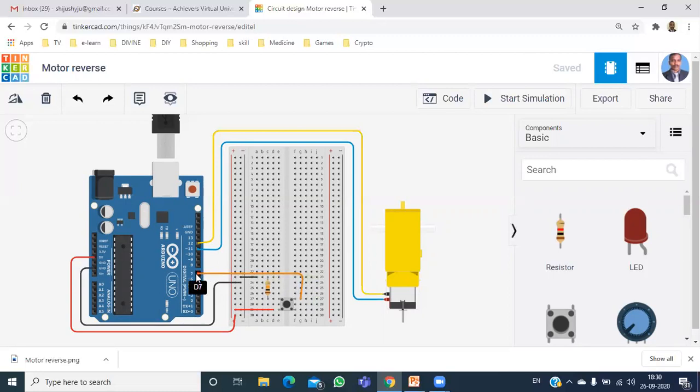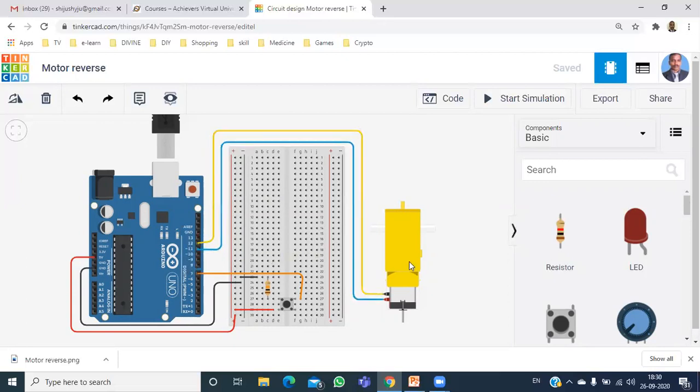Now pin number 7 is the input pin, and previously I connected the negative terminal of the motor to the ground. But what I have done now is, I have connected the negative terminal of the motor to pin number 12, and the positive terminal to pin number 11. So both 0 volt and 5 volt, that is the ground and the 5 volt, should be provided from the Arduino board. That is through our program. So we have connected both these terminals to the Arduino board.